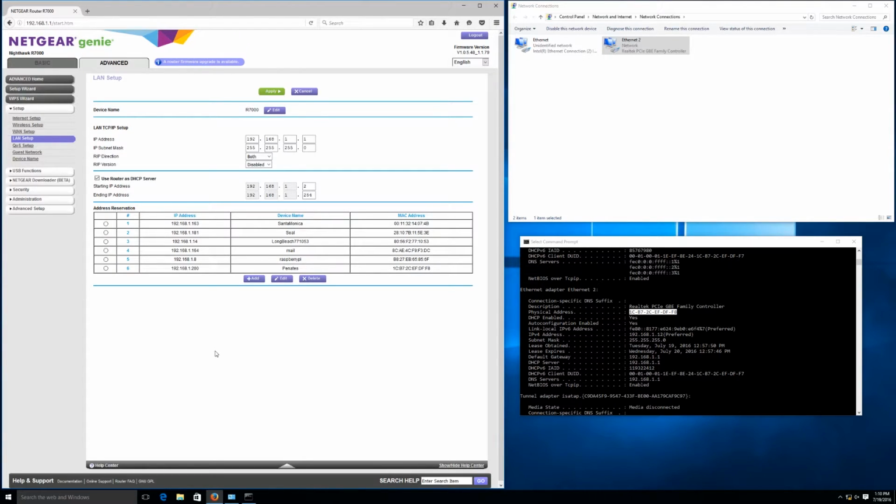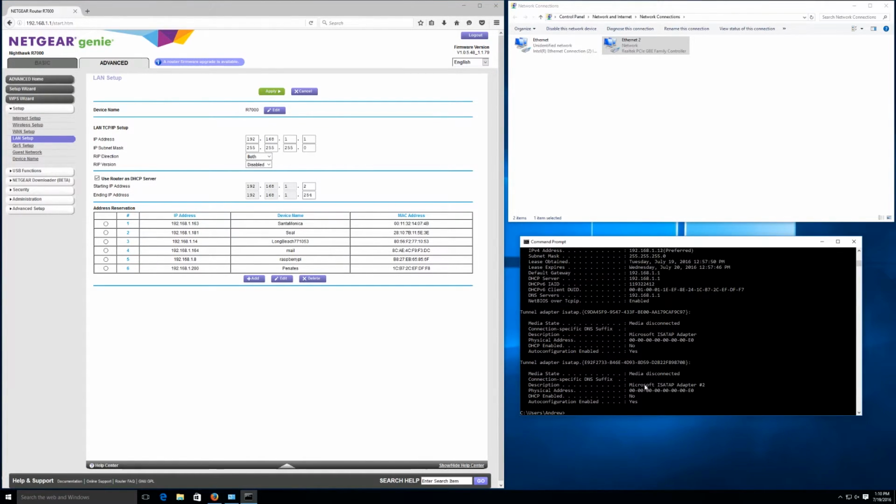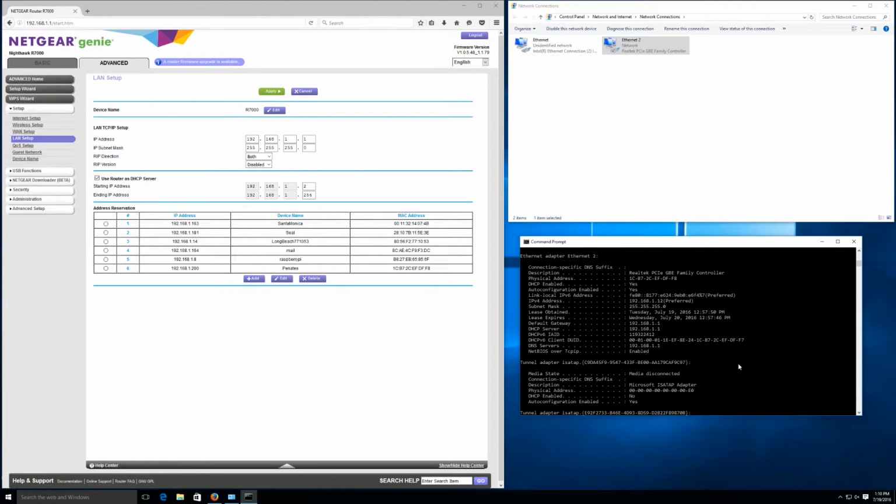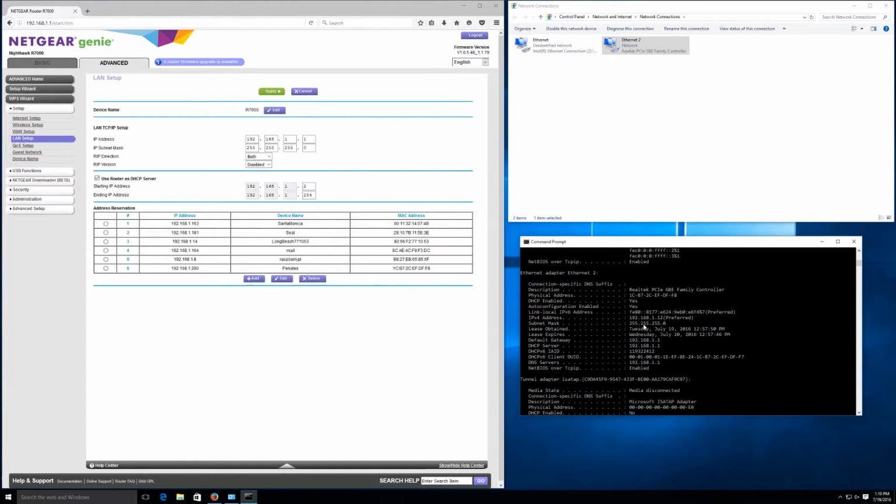Okay, so the router's restarted. So what we're going to do now, we can either restart the NAS or we can just disable and then re-enable the interface, and that will cause it to request an IP address again. So that's what we're going to do. Currently, as you can see, it's at